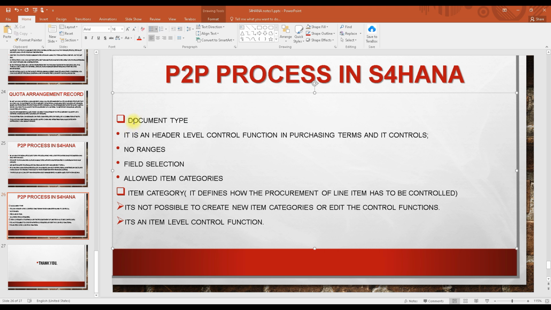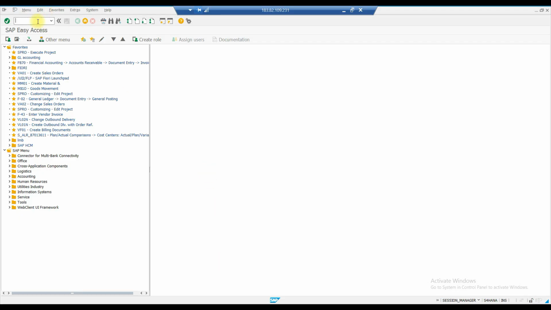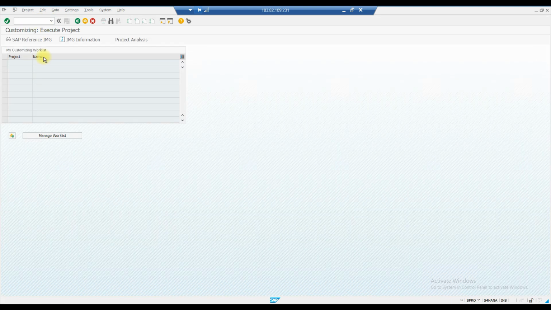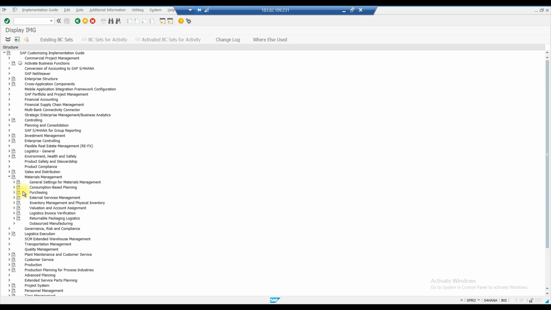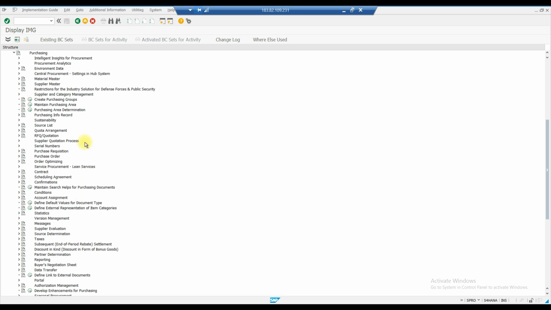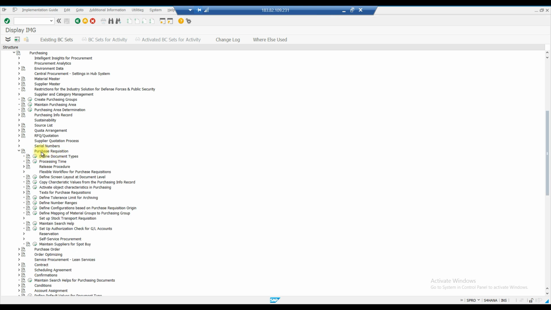Now let's see what a document type is and what an item category is, so let's go to the system. We go to SPRO, then reference IMG, then Materials Management, then Purchasing. Just for example, we are going to the purchase requisition. In the purchase requisition, the first thing you can see is Define Document Type. If you click on here,